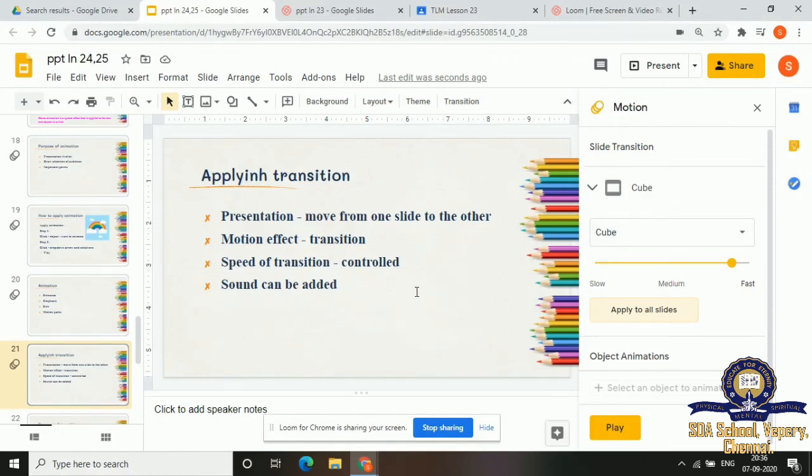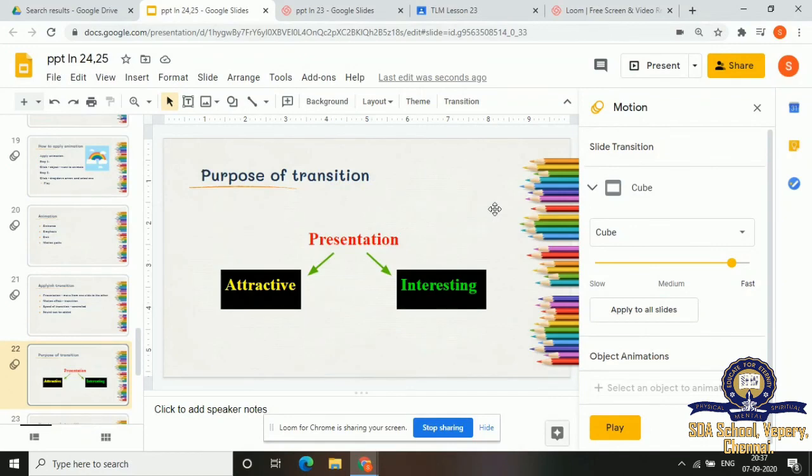Here you can also change the transition speed. Here, can you see this yellow color line? Here, slow, medium, and fast. Whichever thing you want, you can select. If you click slow, this line will move very slowly. Medium, it will move in a medium speed, and fast, it will move quickly. That is the difference. So whichever speed you want, you can select. That is about transition.